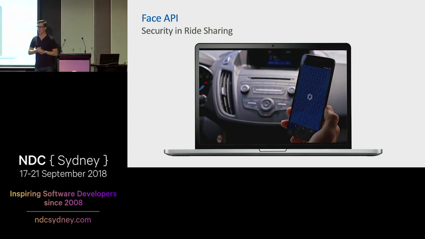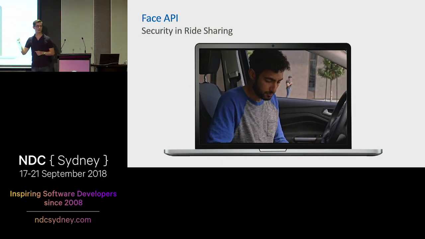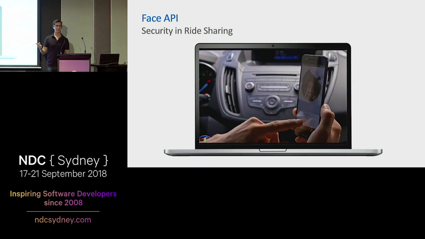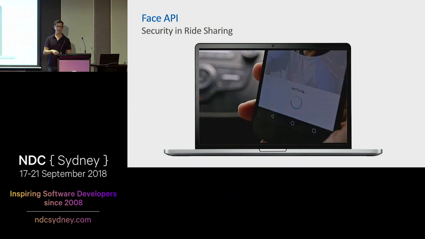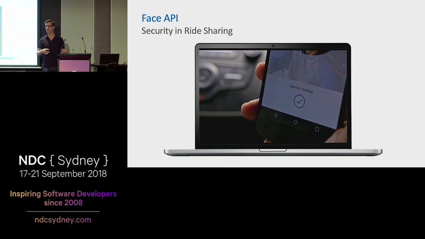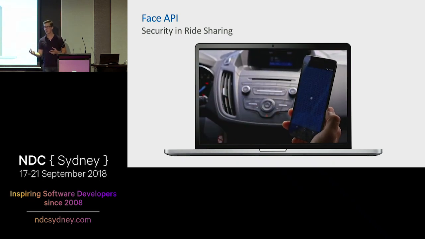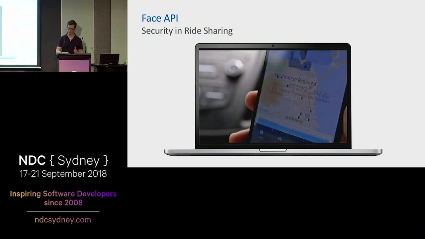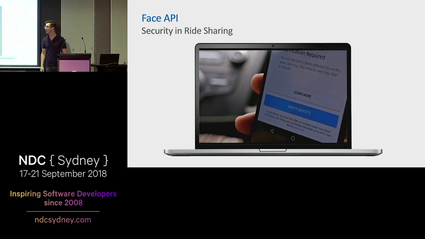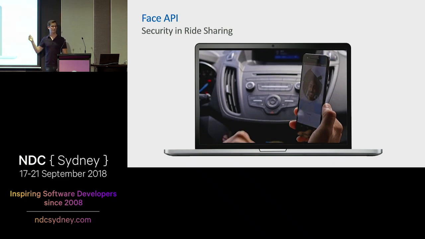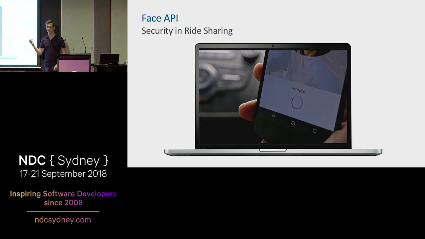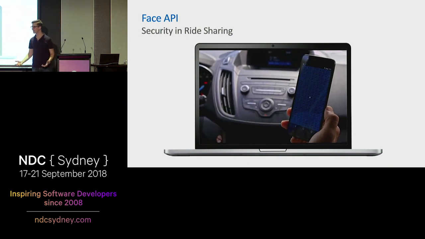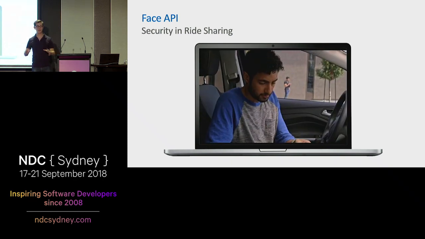So if you've never driven for Uber, you might not know that the drivers actually use a different app. They have a slightly different app than the Uber Riders app. And anytime a driver launches the app and logs in, they enter their username and password just like we would. But then they're also asked to take a picture. And this is just to verify that the driver is who they say they are.